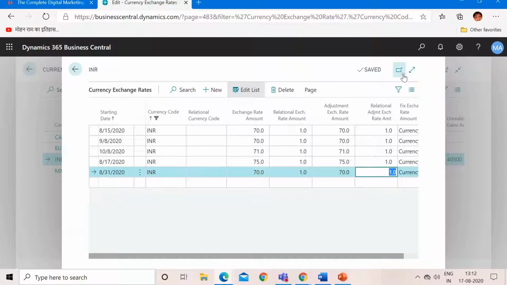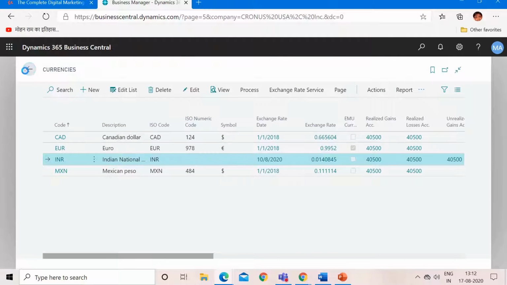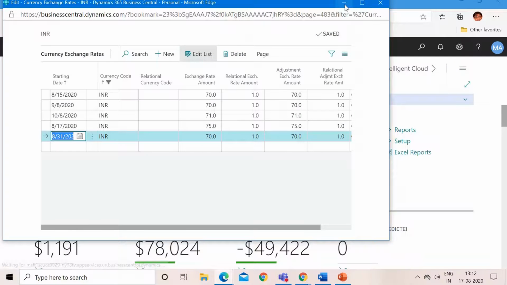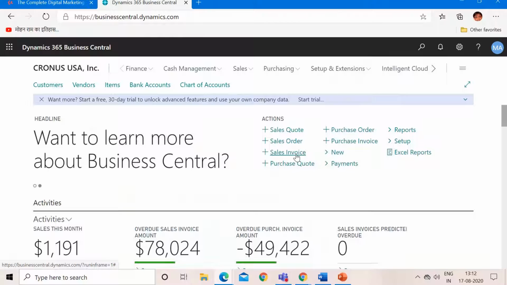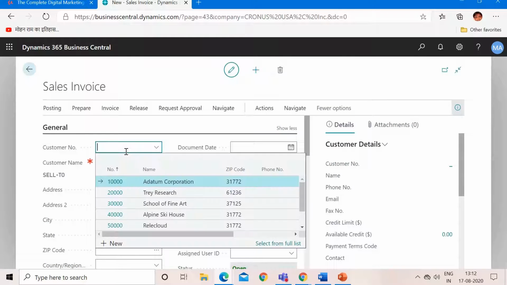Let me keep this in a separate window and create a new line. Here click on the sales invoice, and here we will select our INR customer.